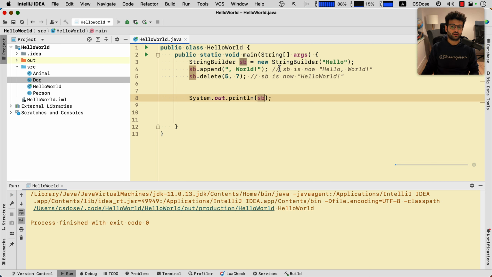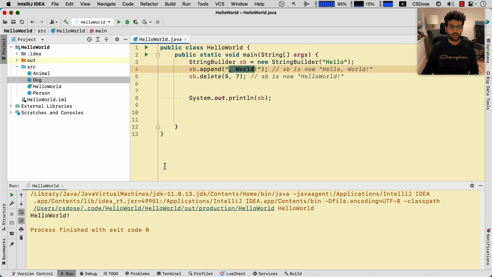So what it's doing here is adding hello and adding world. I guess it's deleting starting at index 5, then index 6, and stopping at index 7, not included. So if you look at the original string, it would have looked something like hello,